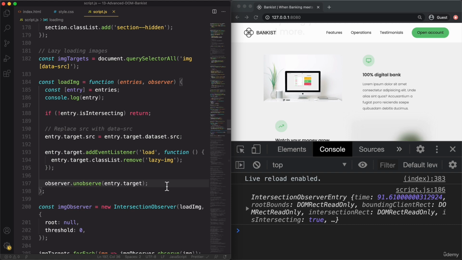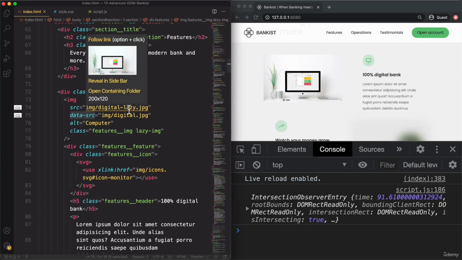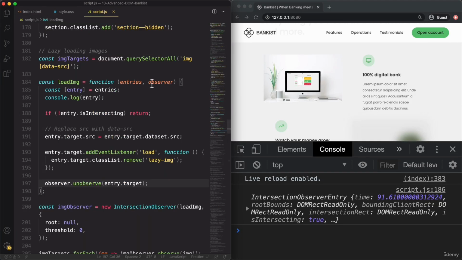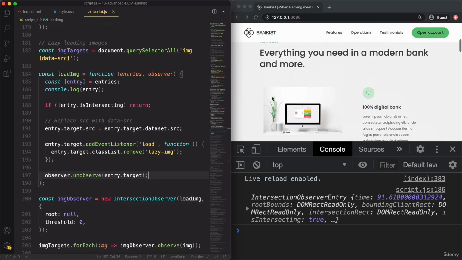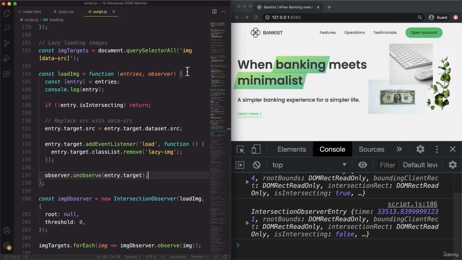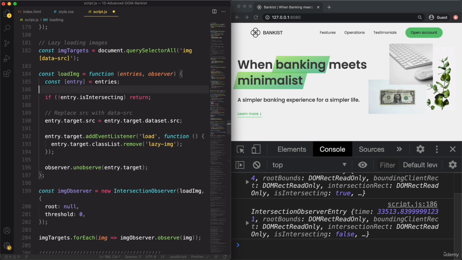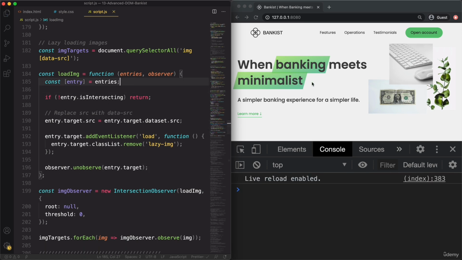So I hope that with this video, I could convince you that it's really important to implement this kind of functionality into your own sites. So all you really need to do is to generate these placeholder images and blur them a little bit, and then implement this kind of logic, which really shouldn't be too much work, right? Let me just get rid of this console.log here. Let's load it again,